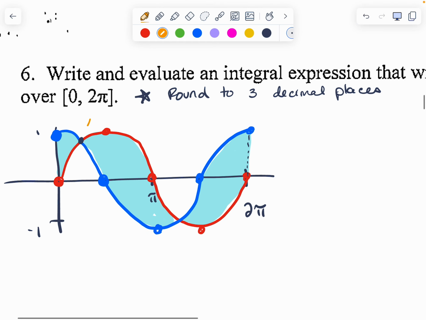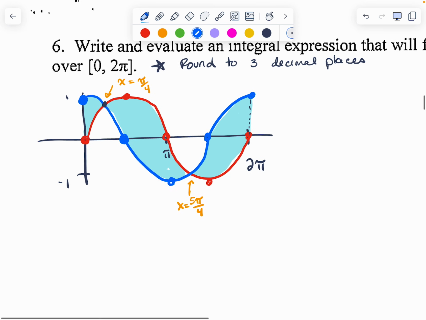So where are sine and cosine equal to each other? When x equals pi fourths. And then, so this is pi, and the next one is going to be 5 pi fourths. So as I'm splitting up my integral, that's how I'm going to split it. So I'm going from 0 to pi fourths, and I have cosine on top, so cosine minus sine dx,